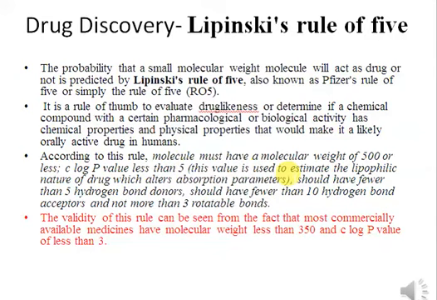So second is that it should have fewer than 5 hydrogen bond donors, right? You want the drug to be absorbed, but we don't want the drug to be permanently bound through the oral cavity. So that's why we have to limit the number of hydrogen bond donors and hydrogen bond acceptors, right? Hydrogen bond donors should not be more than 5, and the hydrogen bond acceptors should not be more than 10, right? And the molecule should be rigid,